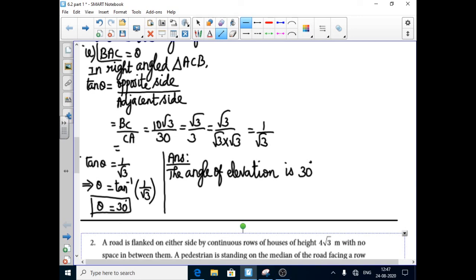So we are getting two objects, and we have to find whether it is elevation or depression. The line of sight is drawn from the observer's eye. From that, whichever thing we have to find, according to that you have to use the trigonometric ratio. Second sum,